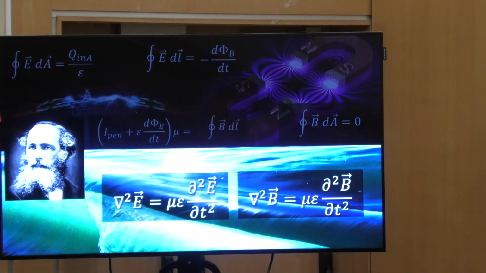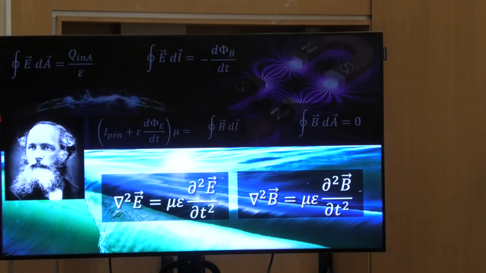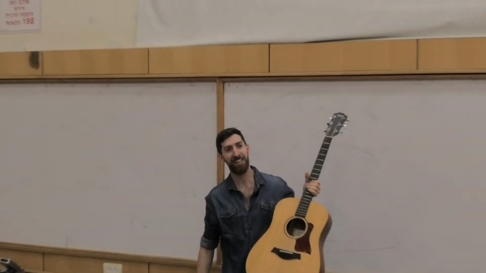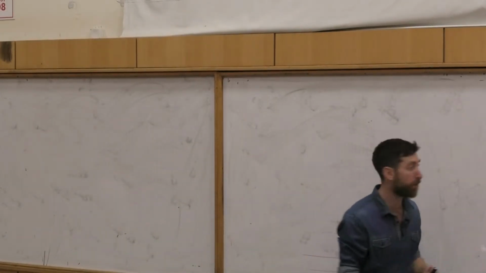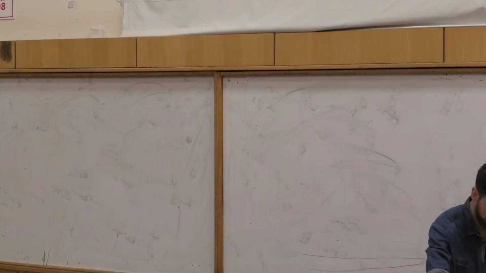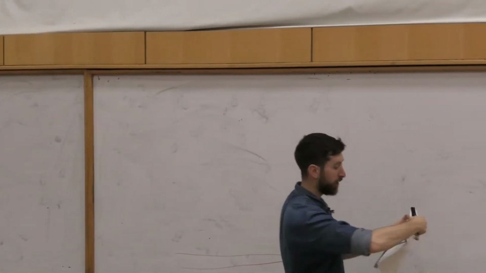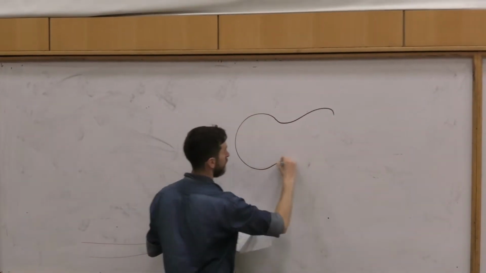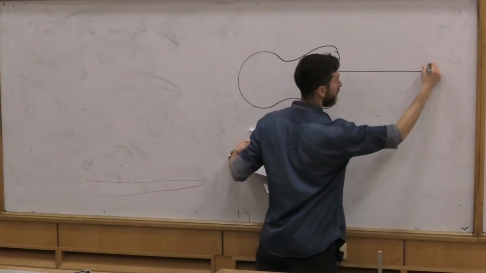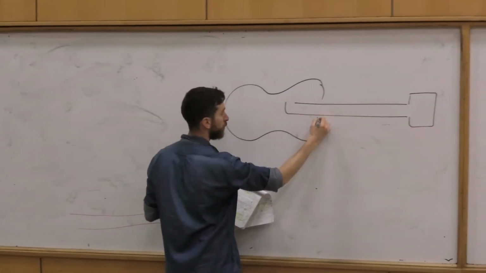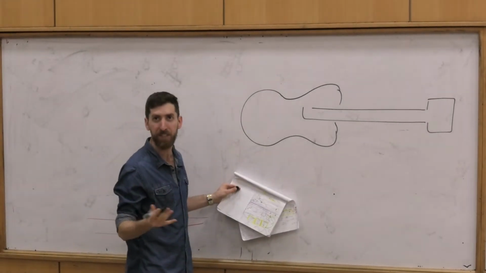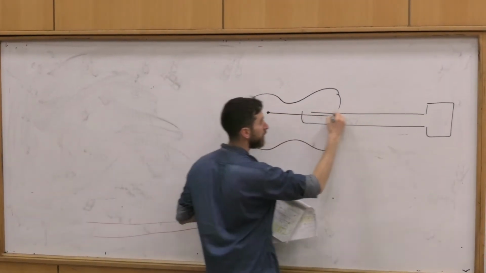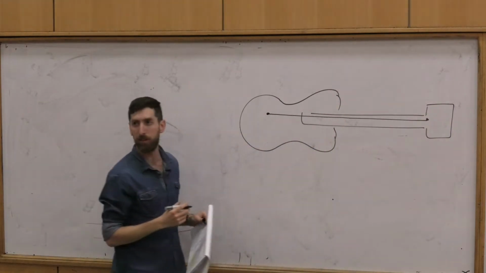Got it? So I have a wonderful camera with me. I have a wonderful example for wave phenomena, which is my guitar. So the question is going to be about my guitar. I'm going to draw a guitar right here. So this is the guitar. And we're just going to deal with one string, okay? One string, but of course all the strings obey the same physics. So today my goal is that you would understand the physics of a guitar, okay?